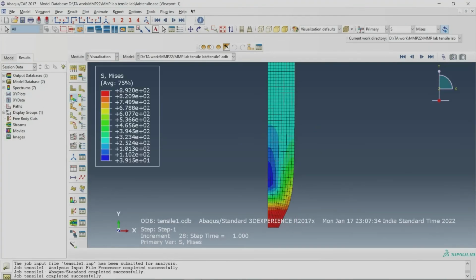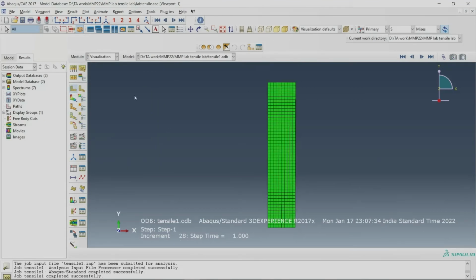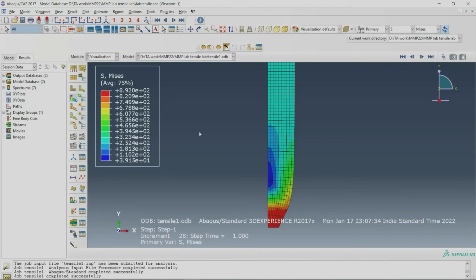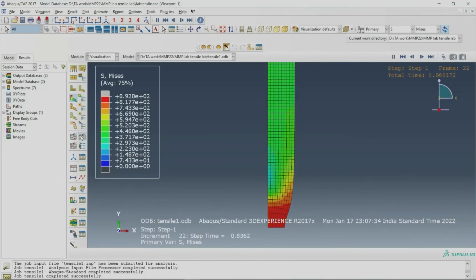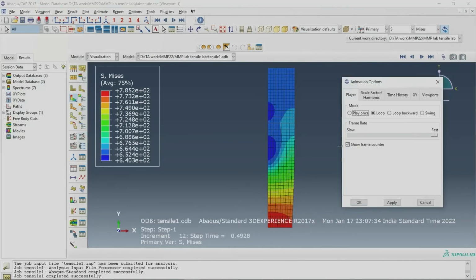This is your result. These are your contour plots and how it has happened. This is the animation.